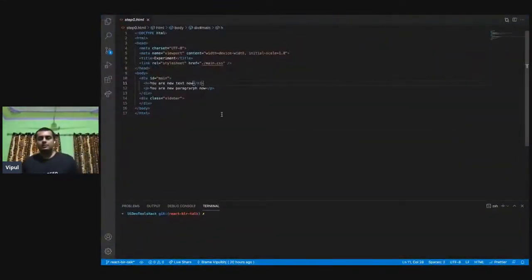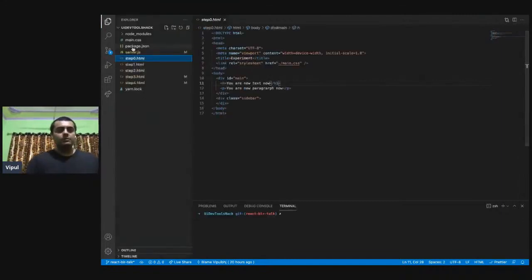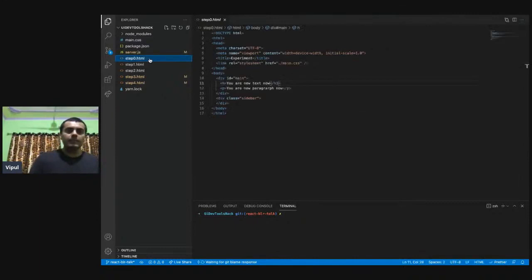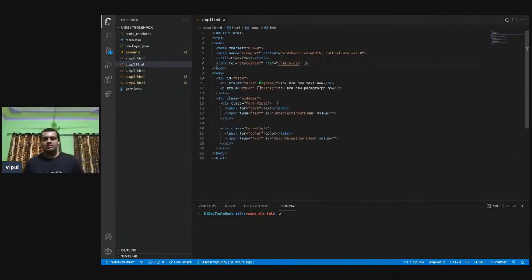So we'll go to step 0, then step 1, step 2, and build. Each step builds on top of the other one. That's why we are going to dive into atomic units and only understand the bits that I change in each step. Here I just have a plain simple HTML5 document. It has a CSS file which is actually causing the sidebar to appear. So let's just look at that quickly. Just my box model, then position absolute for the slide, and then for my fields. That's what it is. Now, if I go to step 1, that's the same model. I've just added some inline styles to some elements, given them colors.